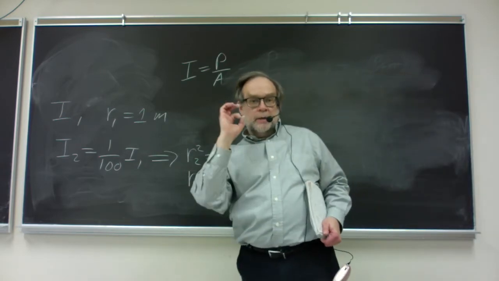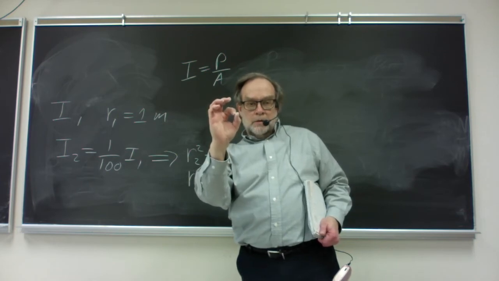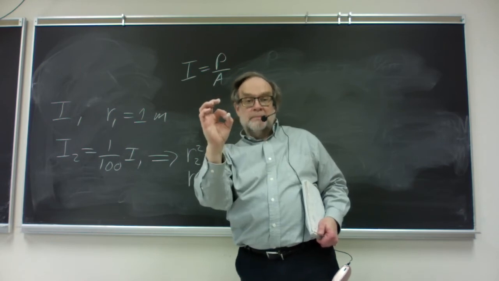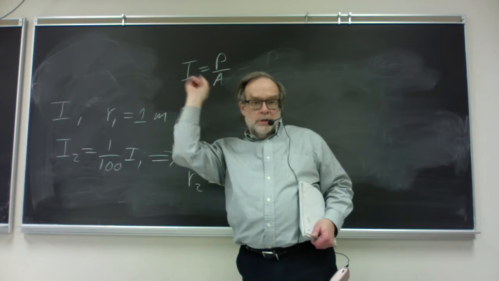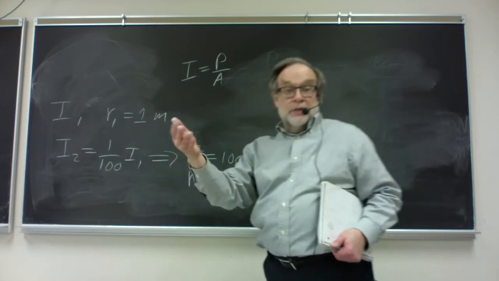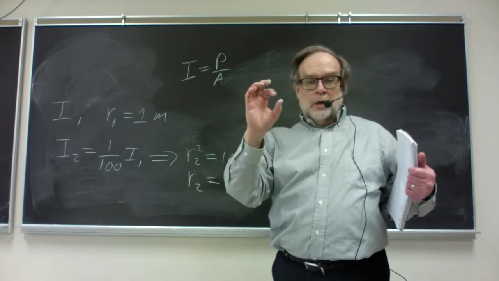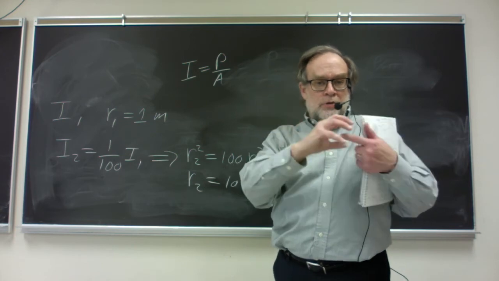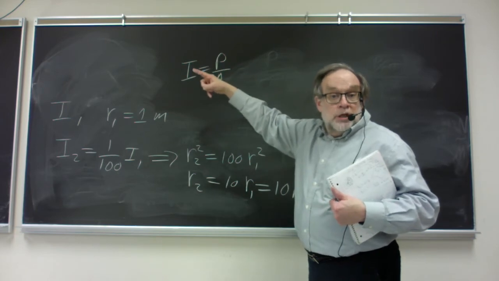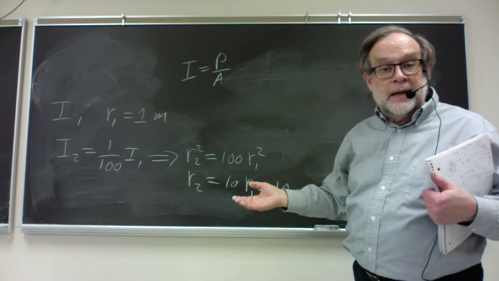Let's imagine that you're shining a light beam on a screen, and the power in the light beam makes a spot on the screen. The power delivered to that spot is just dependent on what's happening at the source of the light beam, so that's not going to change. But you can either focus the beam to make a smaller spot or defocus the beam to make a bigger spot, changing the area, and that'll change the intensity of the energy deposited in that spot.